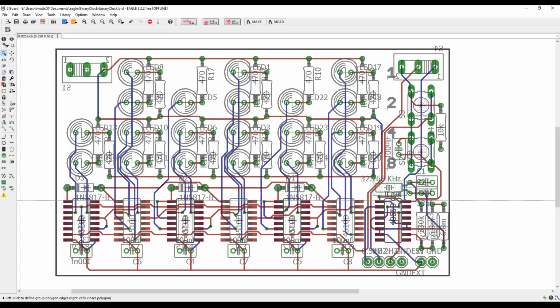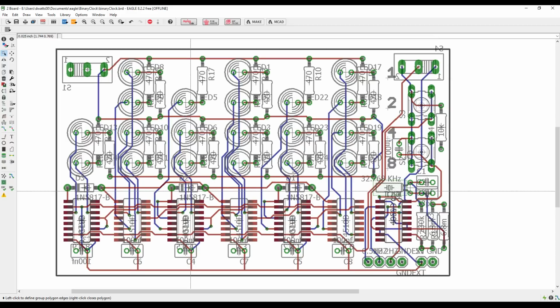Mobius says, fully SMD version would be cool. It would, and it would be so much smaller. It could fit on your wrist, I'm sure, if I used a microcontroller rather than the CMOS logic. The CMOS logic is what's taking up all the real room there, the room that can't be shrunk down any further. In fact, those chips could probably come a bit closer together, but in terms of LEDs, I could squish those into a tiny amount of space, but it is the